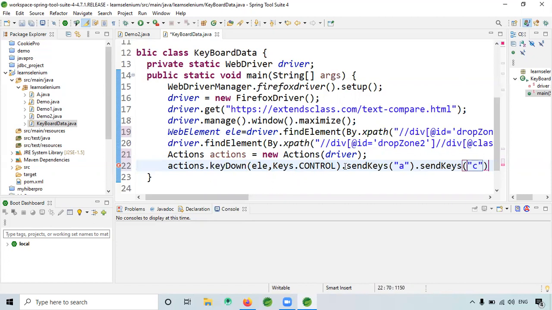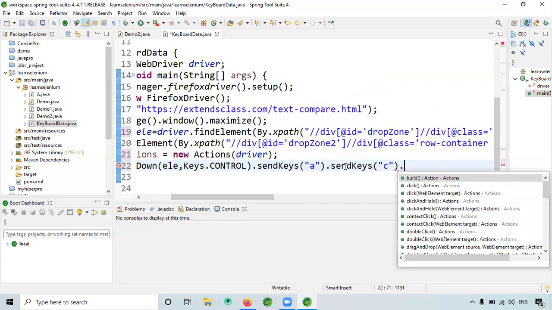We'll see. Okay, so let me write the complete sendKeys.